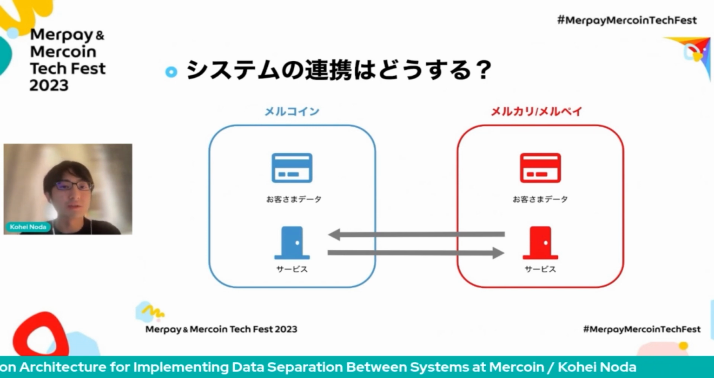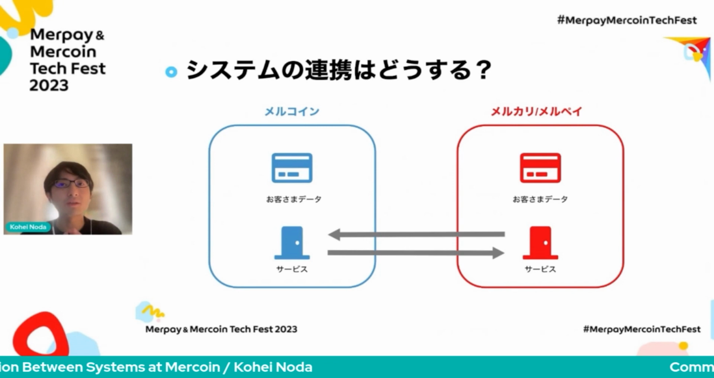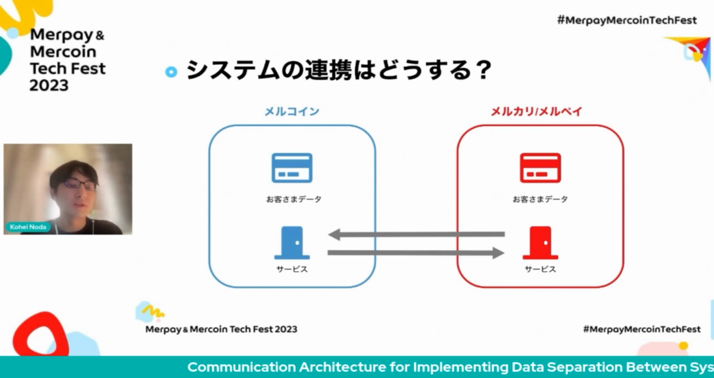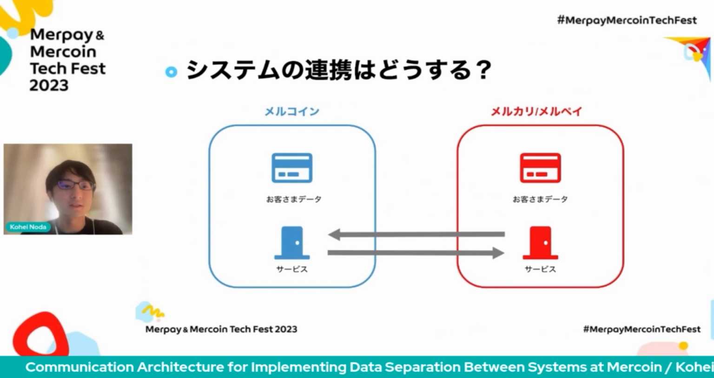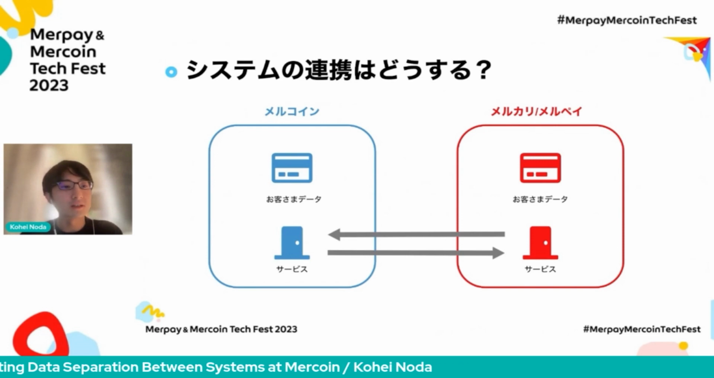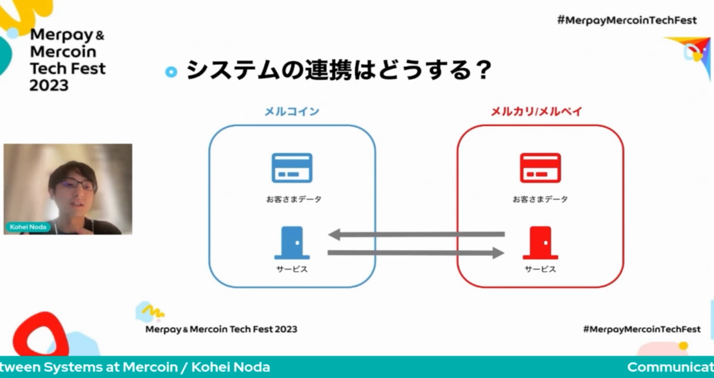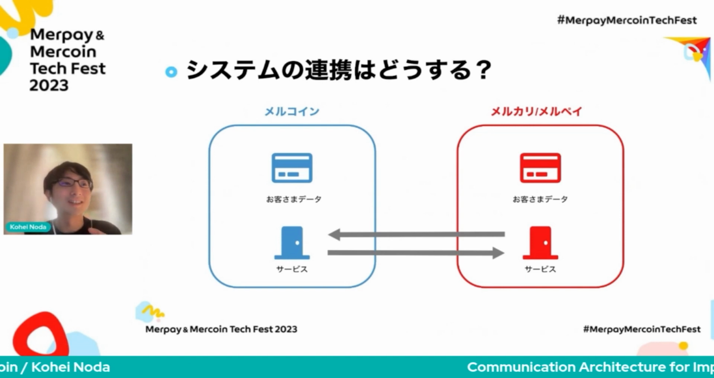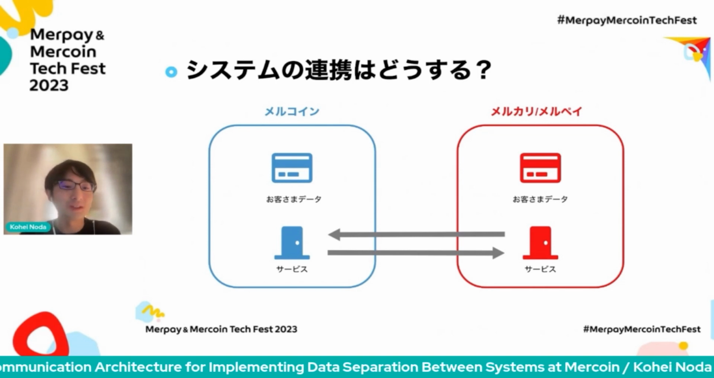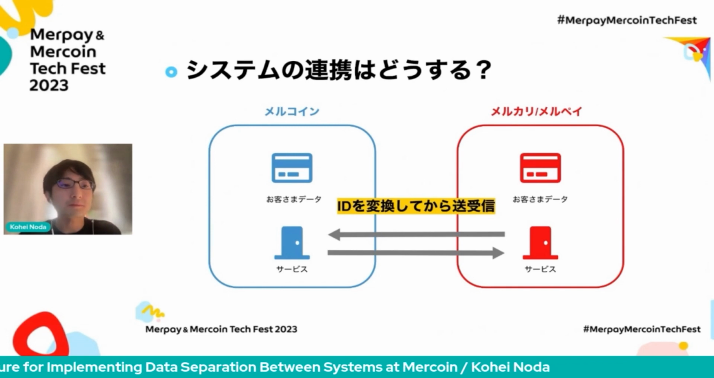the Mercoin system depends on the Mercari Merpay system. In fact, the Mercoin service allows users to buy and sell Bitcoin within the Mercari application, so it is necessary to link with the Mercari Merpay system. Then, if the Mercoin system and the Mercari Merpay system use different IDs, the two systems will not be able to know which user ID is used by which customer. So even if they communicate with each other, they will not be able to actually work together,